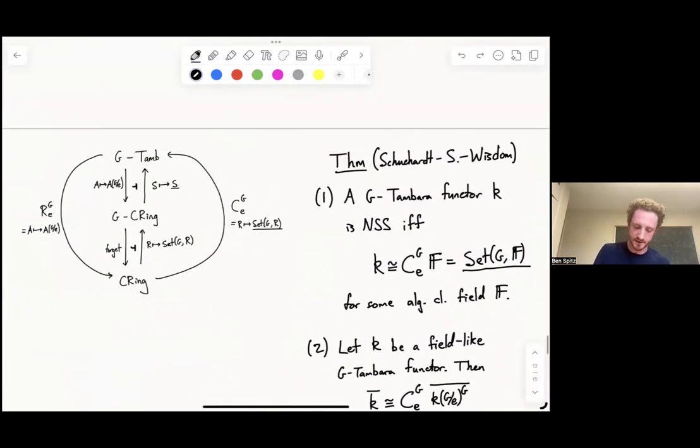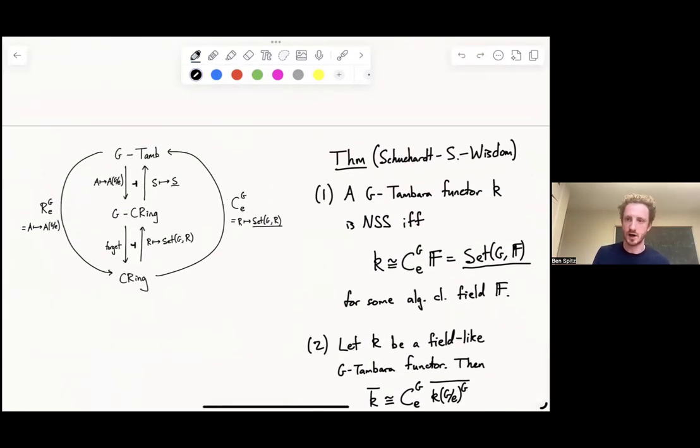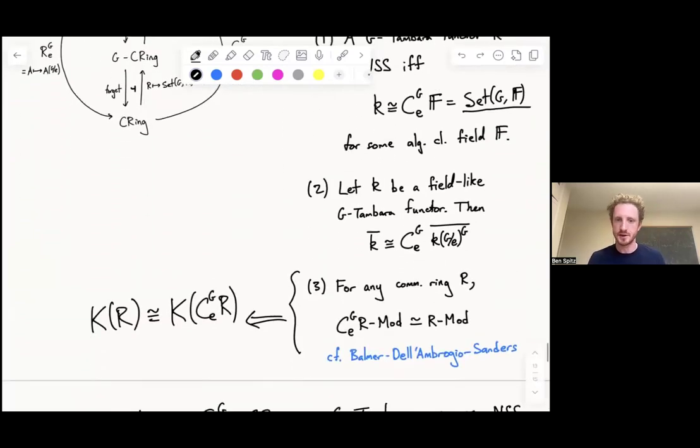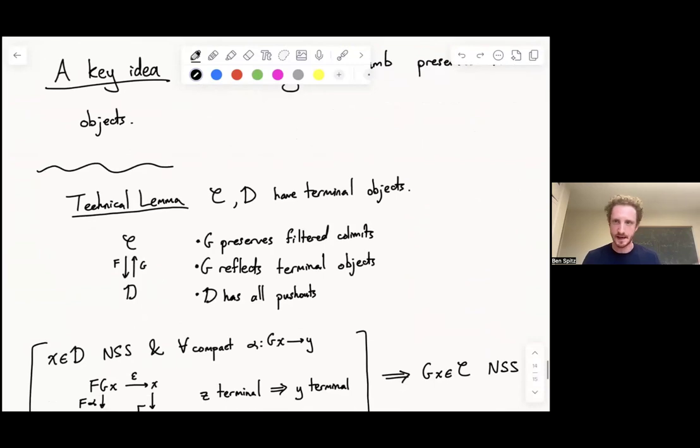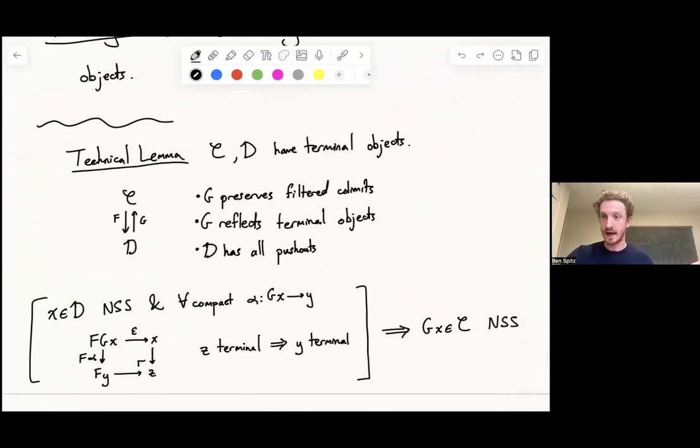We noticed that this co-induction functor is a right adjoint to this left adjoint R. And we write down a bunch of technical lemmas that let us deduce in certain cases, if I just have a generic adjunction between two categories, when does the right adjoint preserve Nullstellensatzian objects? And so here's one of those technical lemmas. This is the one that we actually use in this particular proof. But there are others that could be useful in other cases. We can also, for example, with this tool, classify all the Nullstellensatzian G commutative rings, or all the Nullstellensatzian G sets by knowing the Nullstellensatzian objects of sets, or other things like this. The tools should apply just as well.